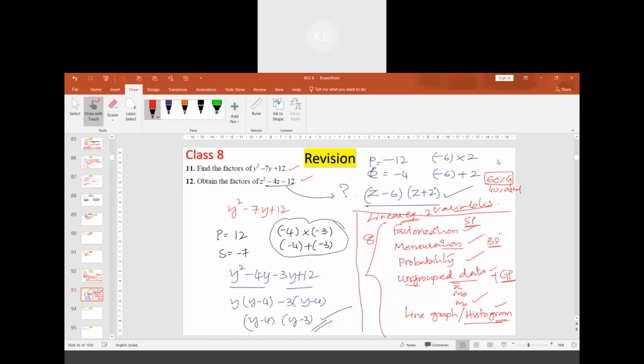Sir, will comparing quantities stop here at 8th class only, sir? Comparing quantities will stop here at 8th class, but when I started my teaching career in 2005, this was one of the important concepts because in 9th class you had sales tax, commercial tax. In class 10th, there was something called income tax.